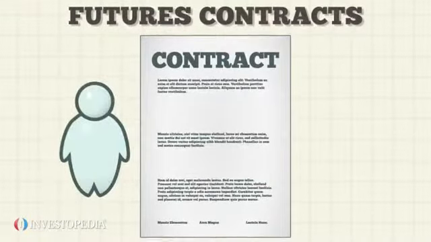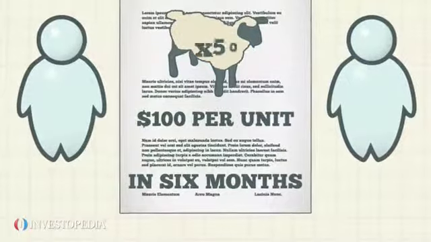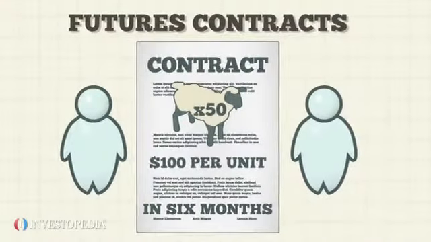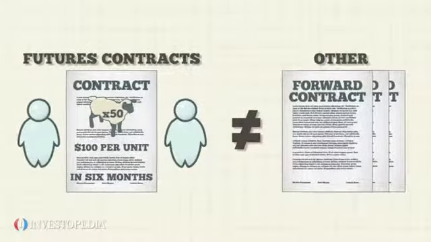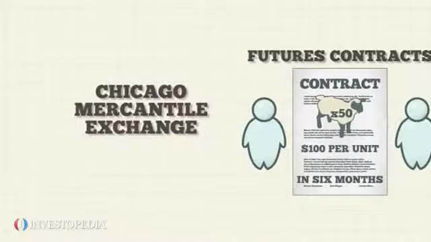Futures contracts are a type of forward contract between a buyer and a seller of an asset. They agree to exchange goods and money at a future date, but at a price and quantity determined today. Futures contracts differ from other forward contracts because they are actively traded in secondary markets, like the Chicago Mercantile Exchange